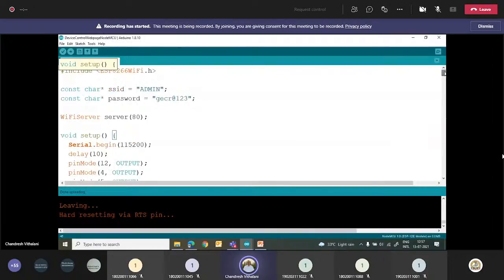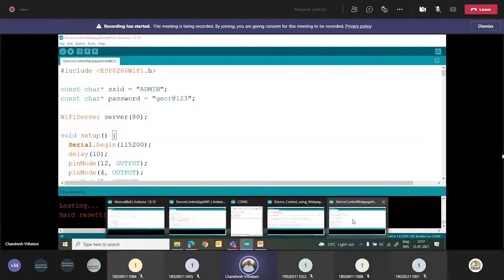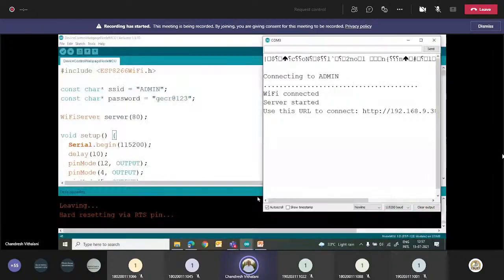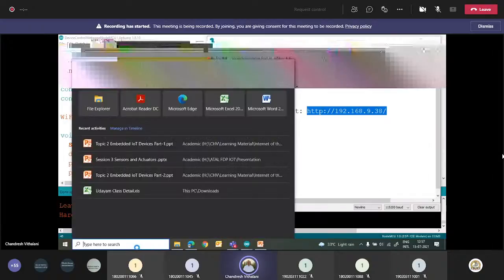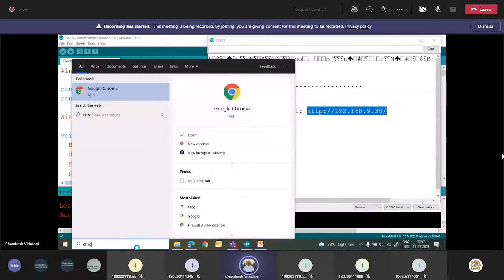GCR is correct. And it has connected. As you can see here, the IP address is displayed. So I will copy this IP address and paste it into the Google browser.